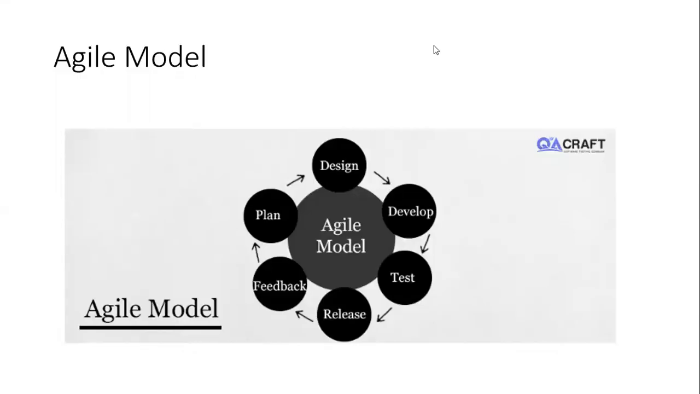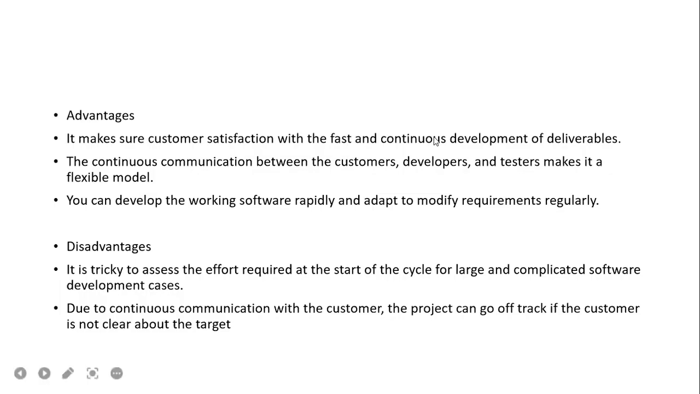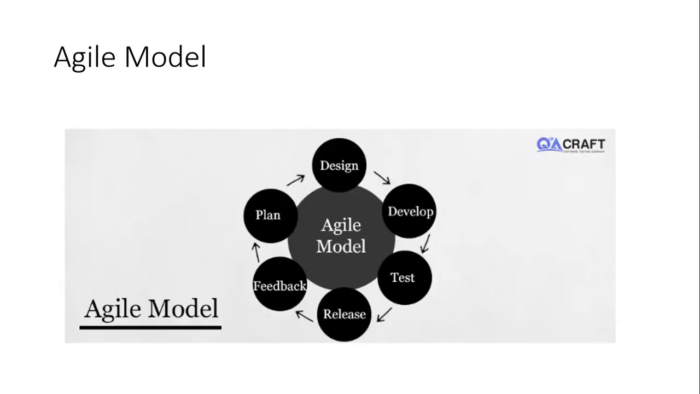Okay, so today we are going to start the agile model. So what is the agile model? The agile model is the model the companies have currently started using. Here you can see the phases of the agile model are plan, design, develop, test, release, and feedback. While going through these phases, the difference between the waterfall model and the agile model is that in the agile model,